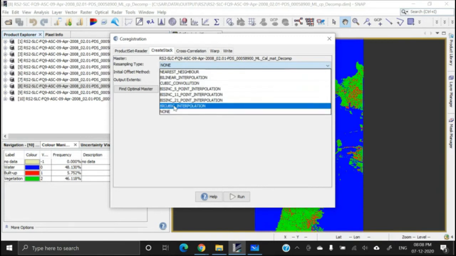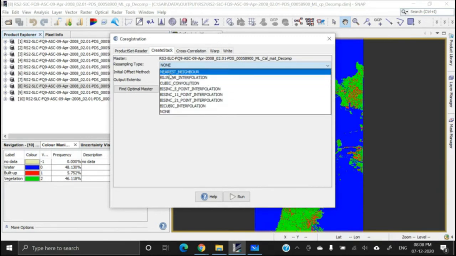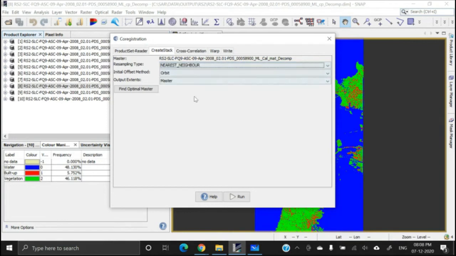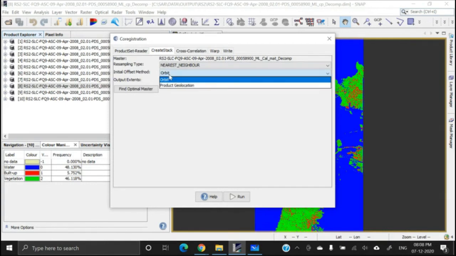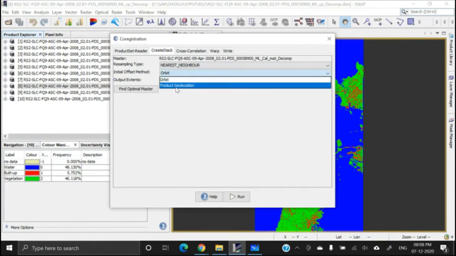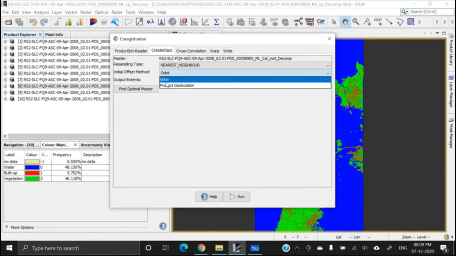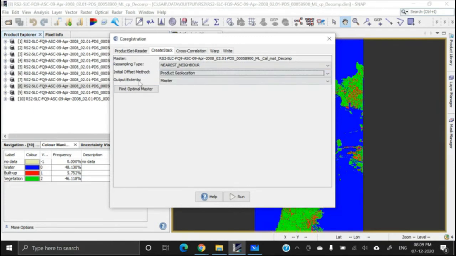Say I want to perform nearest neighbor or bilinear, whatever. So then nearest neighbor. Then initial offset method. Okay, this initial offset method should be based on the product geolocation. It should not be based on the orbit because we do not have the orbital information.